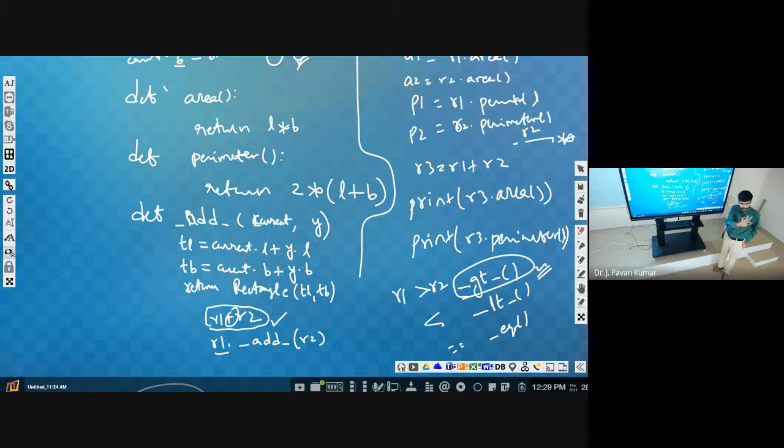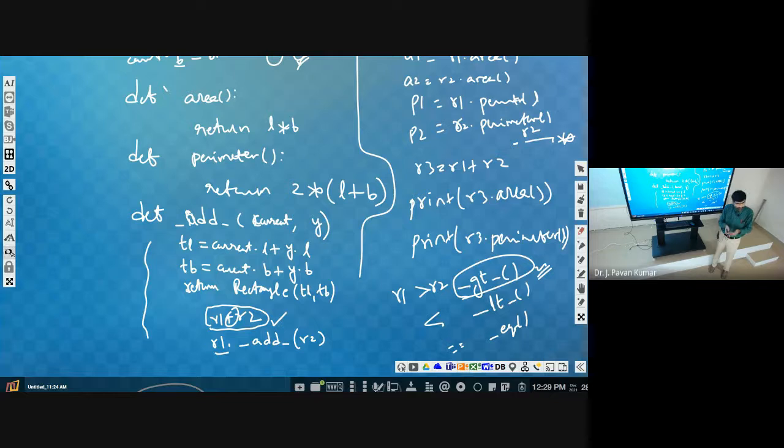So whatever condition you are thinking, those conditions we have to check. That functionality we should embed inside this function. Instead of here, where we added directly without any computation, here we have to compare R1 dot area, R2 dot area, R1 dot perimeter, R2 dot perimeter. These four values we have to compute and compare.